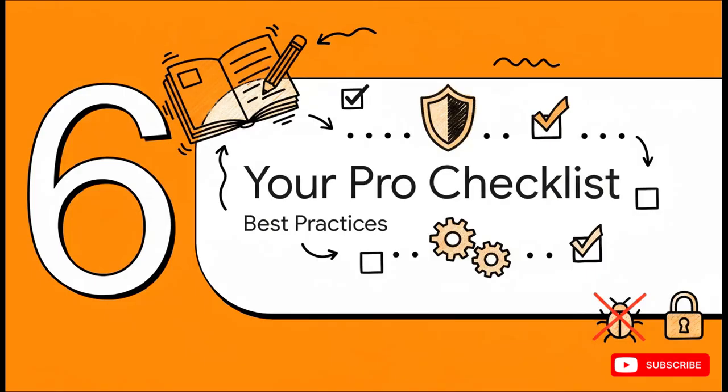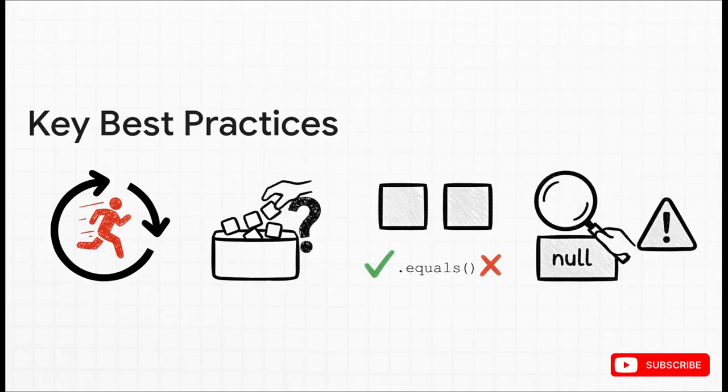Okay, so we've covered the convenience, and we've walked through the major traps. Now let's pull everything we've learned together into a practical, no-nonsense checklist you can use to write clean, safe, and really efficient Java code. Here it is, your new go-to guide. Number 1, stick with primitives for math and in tight loops where every nanosecond counts. 2, use the wrapper classes when you need things to be nullable, like values from a database, or when you're working with generics and collections.